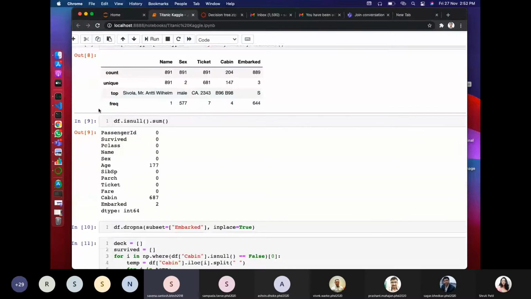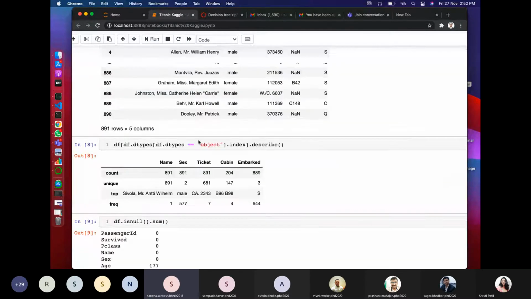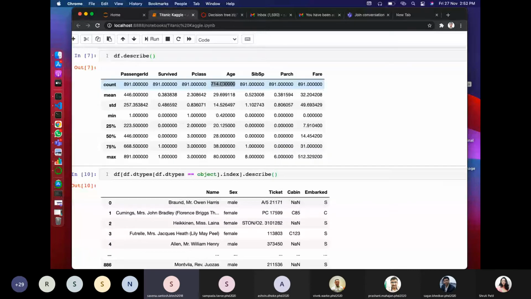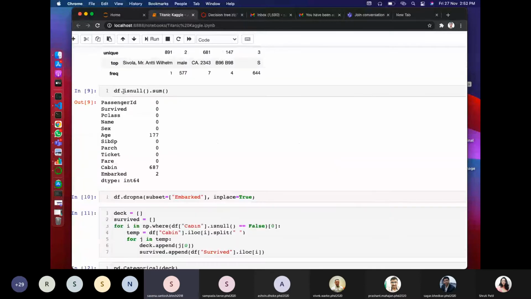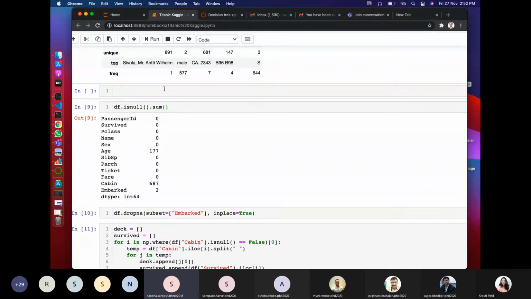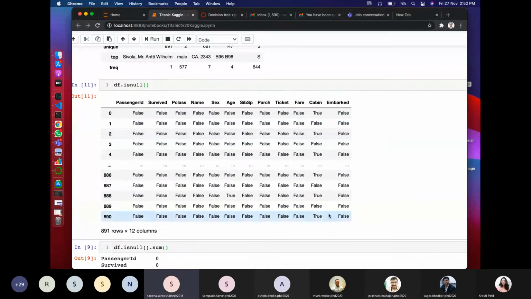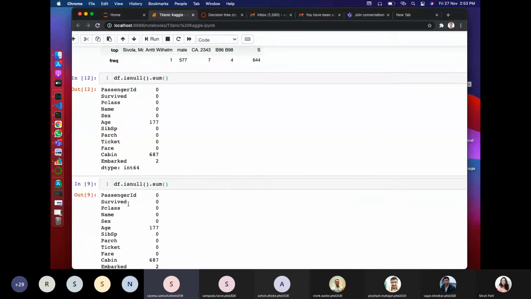So now what we are doing is checking the null values. As you can see, our describe function also indicated that we have null values in age. So df.isnull will give us all the true/false values, and when we total them, we get all these values. That is why there are two functions, isnull and sum. If there is a null value, it is indicated as true, else false. When we write the sum function here, it gives us the counts. As we can see, age has null values, and cabin has null values.